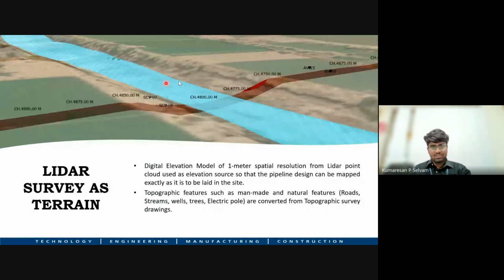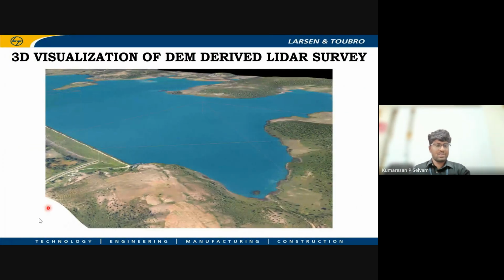And this is how it can be visualized only using BIM GIS integration, because all these depths will be already given in the BIM model. But in a BIM model you cannot visualize whether a river is passing here, or a railway line is passing here, or anything. You cannot identify what is passing here. Whereas when it is taken into the GIS platform, you can visualize even that. All the topography features like roads, streams, wells, trees, etc., are converted here, and it is visualized here.